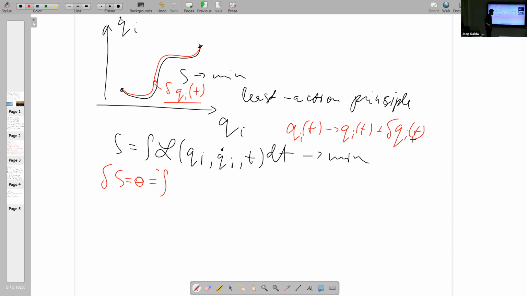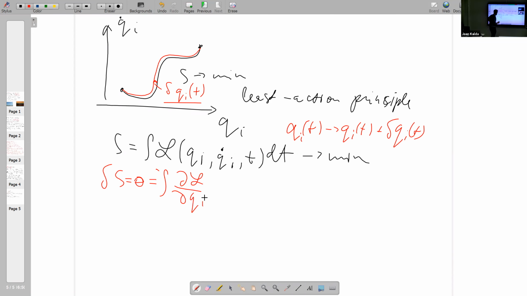Doesn't matter which one. And then let us see what happens to the integral, how much will the integral change if we make such a variation. So the integral changes because the quantity in the integral changes. And if the change of qi at any t is small, then we have a change of L because first we change qi and second we change qi dot. So first there is a term ∂L/∂qi